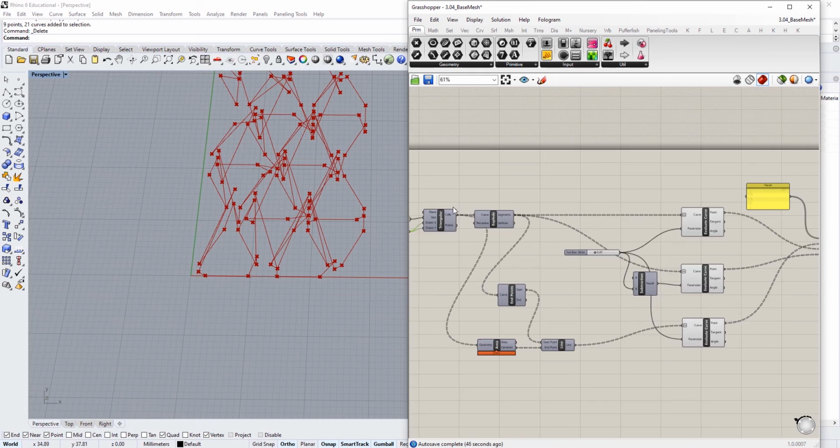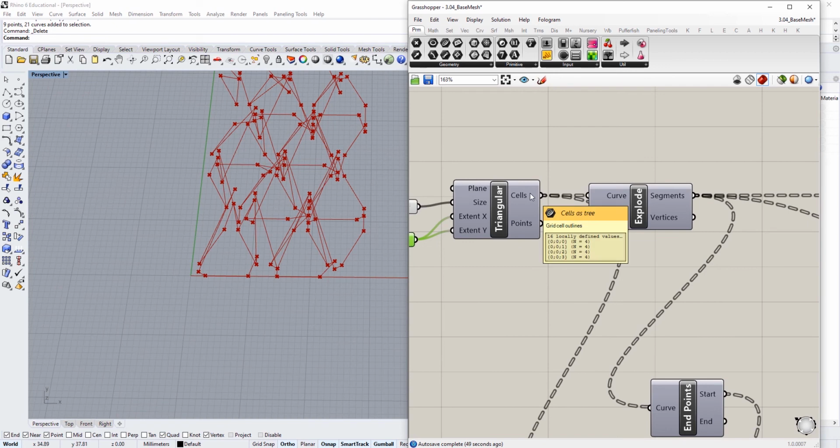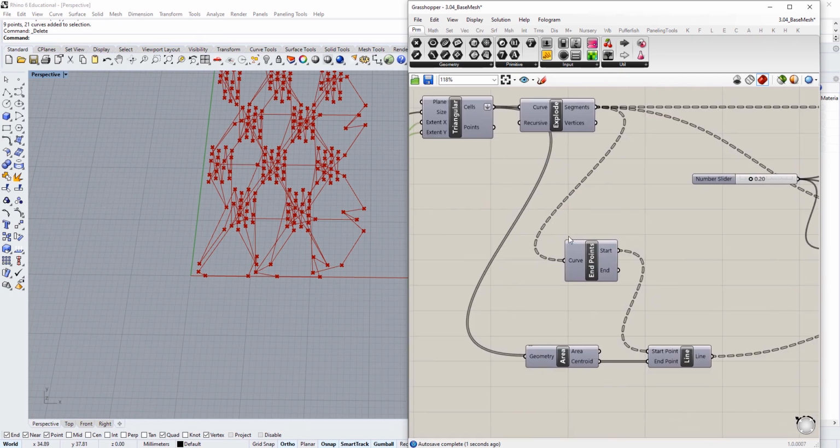So to resolve this data structure issue, I'm going to flatten all the cells coming out of this triangular grid, because we don't need them in the order that it's creating. It's going to cause us headaches later. And